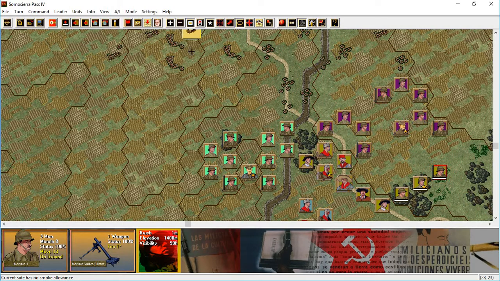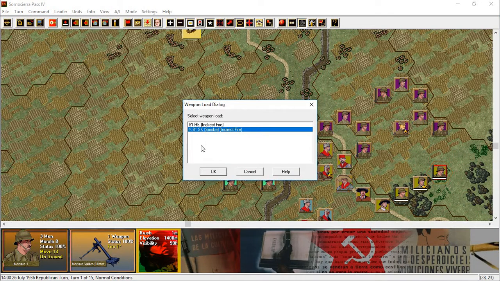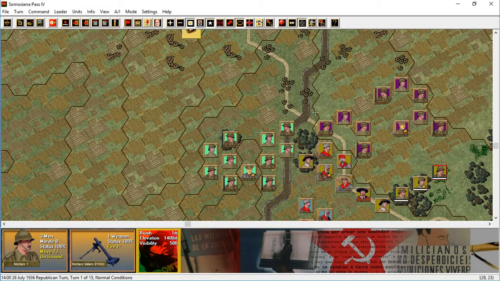Current site has no smoke allowance. What? What? Why does it say smoke there then? Why list smoke here if they don't have smoke? And why let me select that weapon load when it's not there? I don't know if I have that right, but alright. Alright, well...